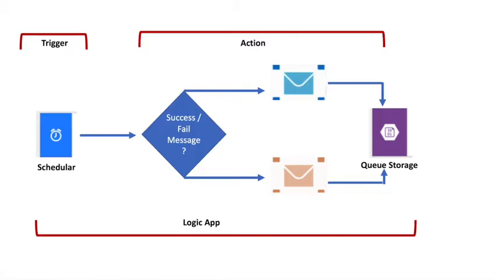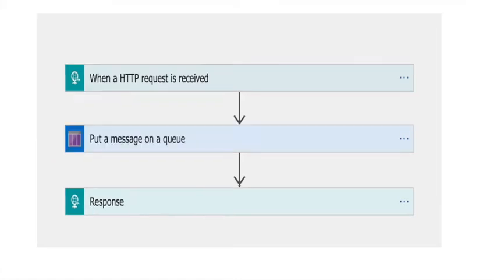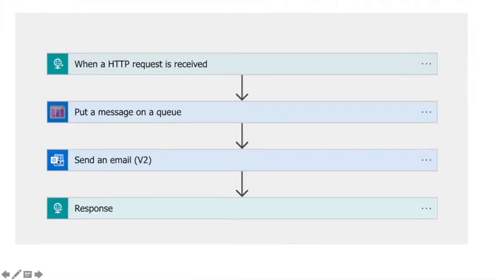So in this demo, first I will create one HTTP request that will receive the response. First I will go for the GET, then I will go for the POST. After this is successfully implemented, I will add one more thing, so data will go to the queue, the storage queue, and after that I will also add one email. So data will come from the HTTP request through the POST method. It will go to the queue, from the queue it will come to the email, and from the email it will come to the response. And obviously I'm expecting we should have one email account with outlook.com.